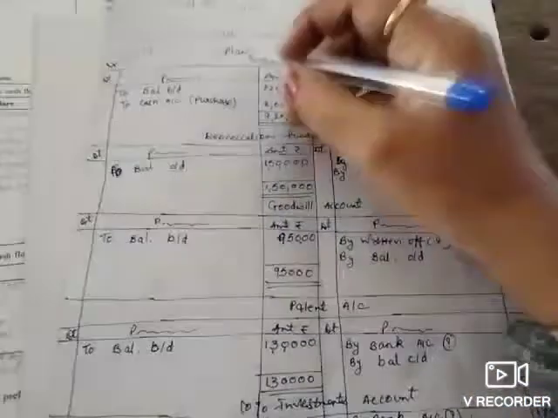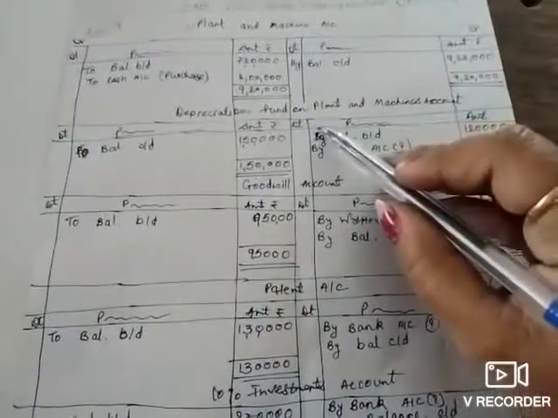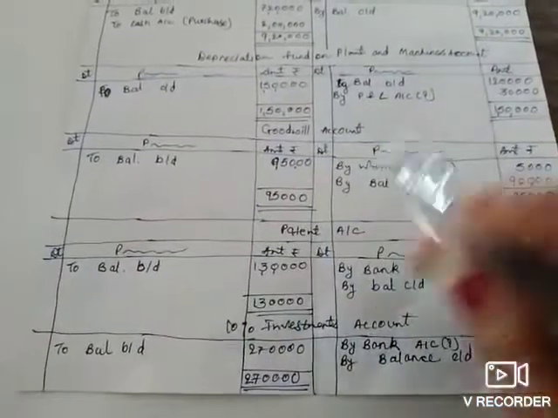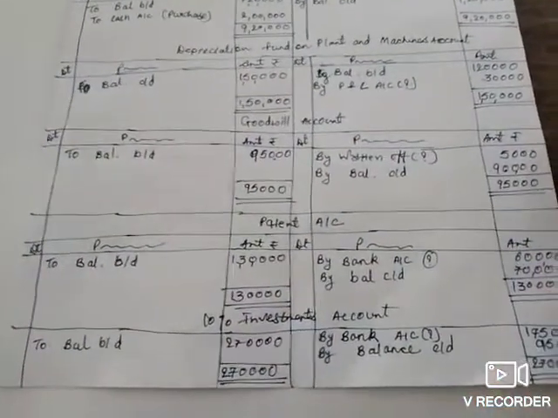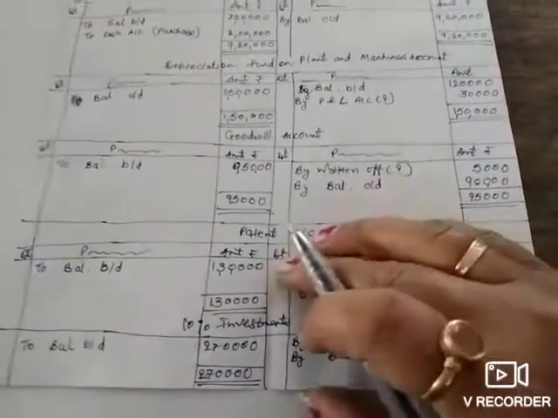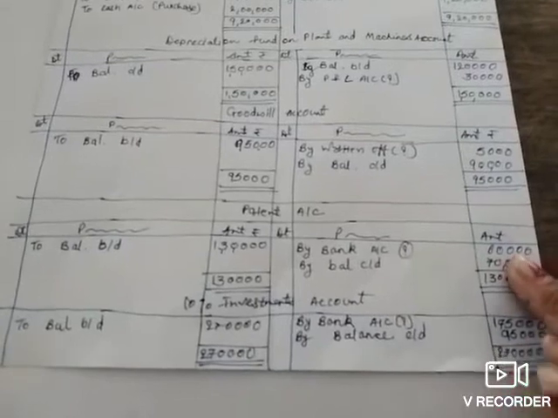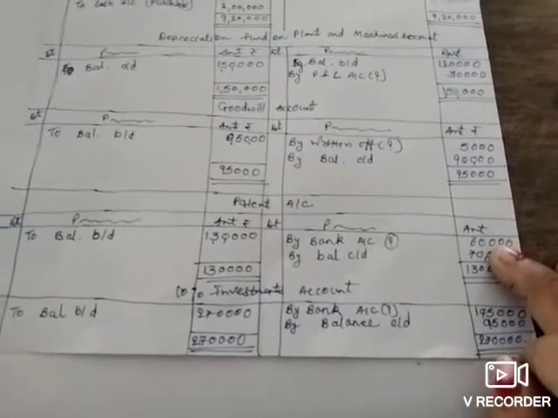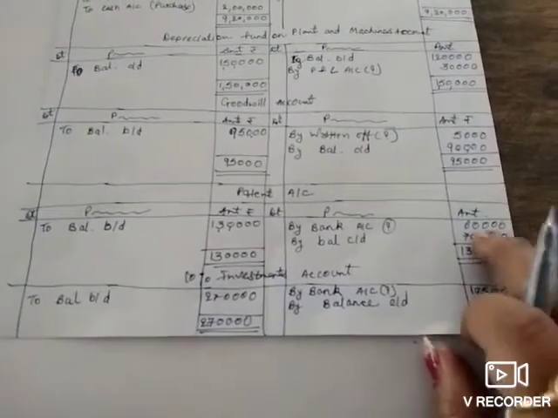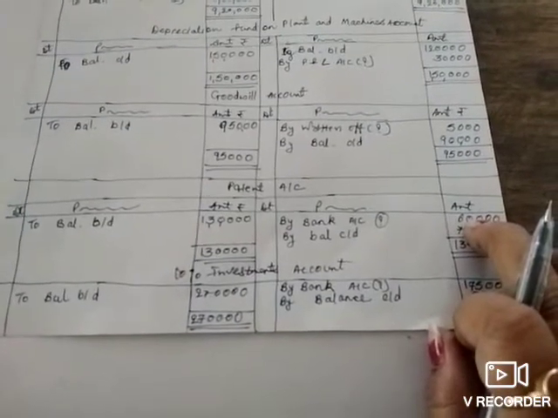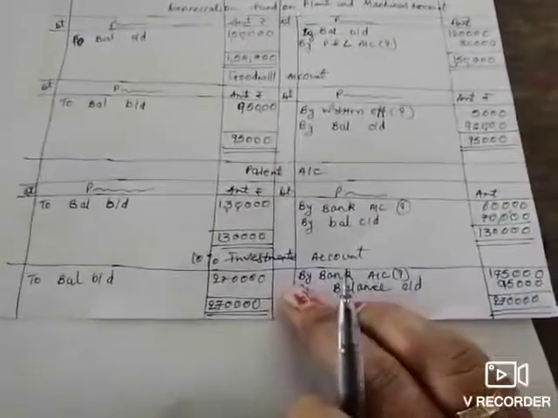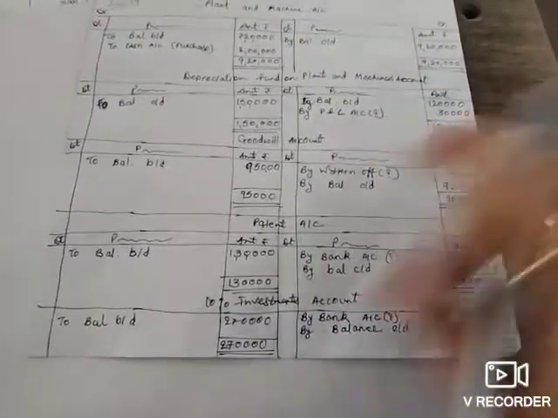Now from this ledger, plant and machinery is to be taken. Depreciation fund, this is related to reserves and surplus. Goodwill, that cannot be purchased or sold. Patent and 10% investment account, right? Now this patent balance also we take, because if we want to transfer the patent to someone else, it can be transferred, so this we can sell. So the difference we take in the cash flow statement. And this is investment, this also we take in the cash flow statement, because this is also our fixed asset, right? So this is how we can solve sum number 18 and sum number 19.